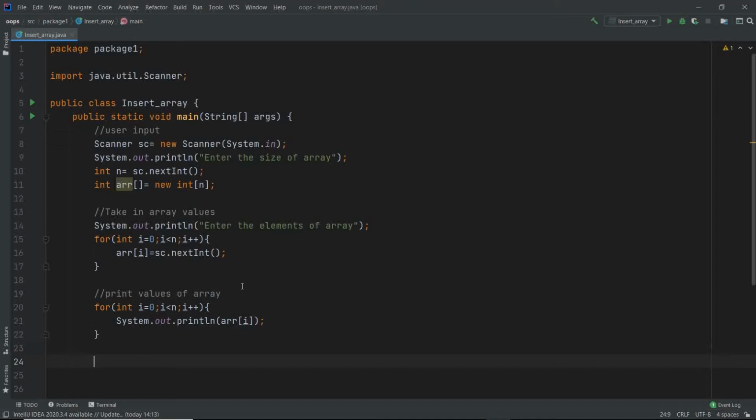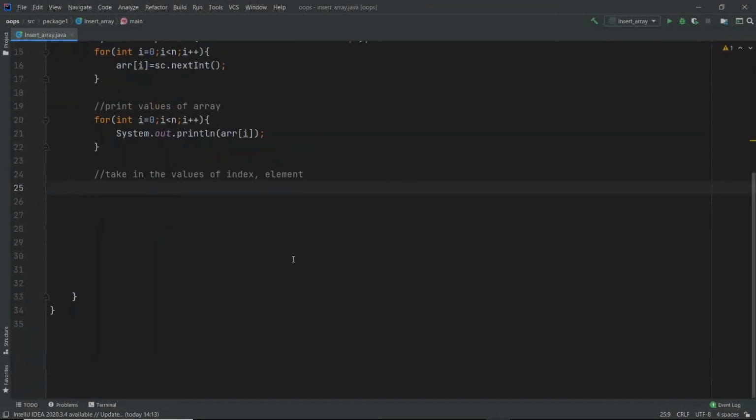Now after we print the elements of the array, the next thing we need to do is take in the values of the particular index in which we're going to insert, and the particular element which we're going to put inside this array.